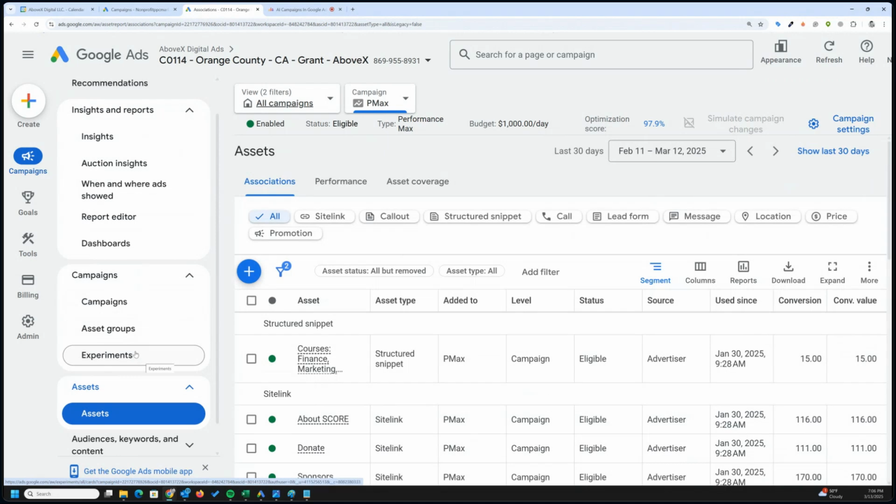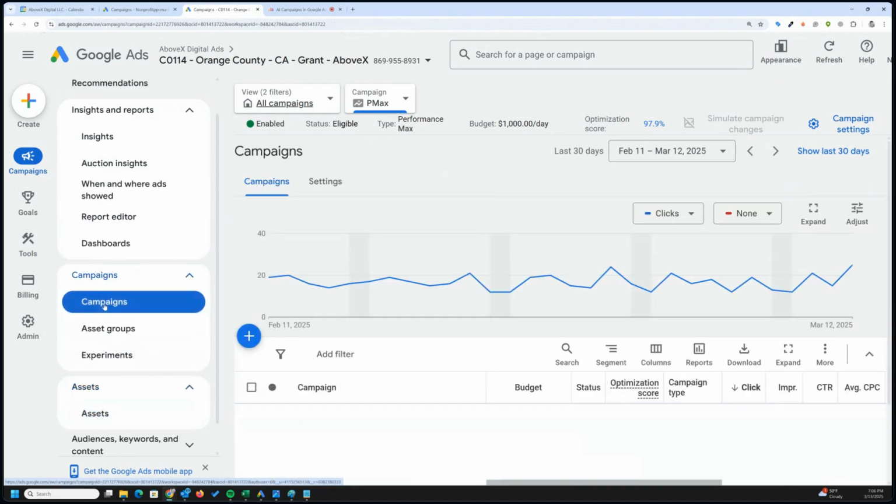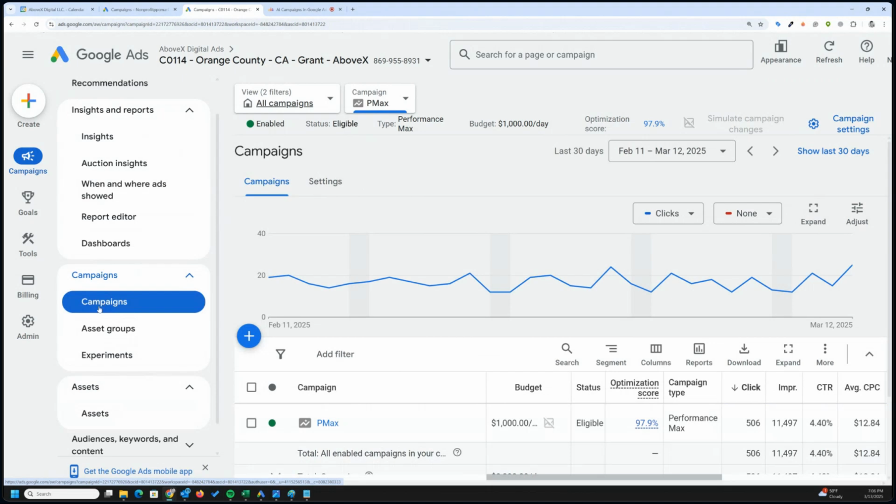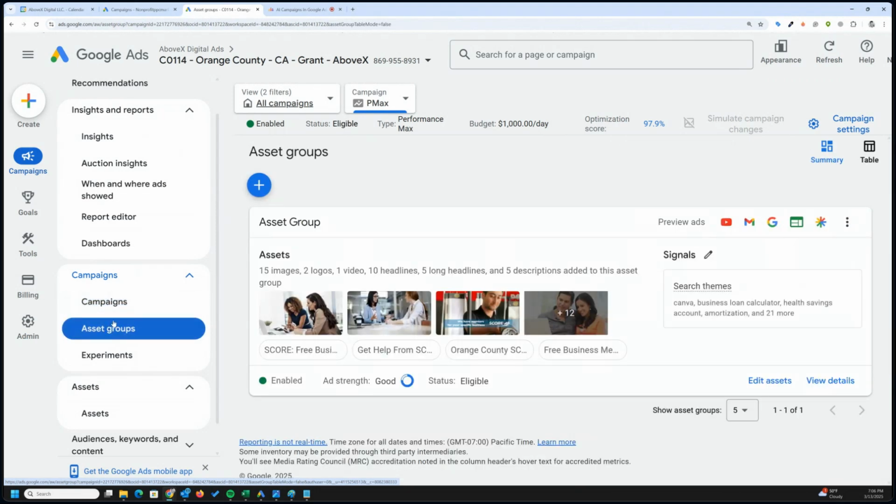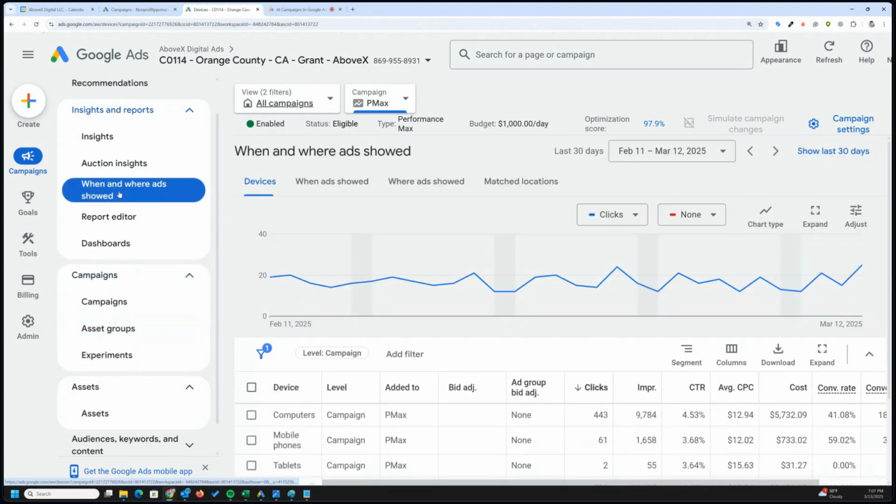Coming back to what I said in the presentation, the reporting and control capabilities here are sort of limited. What you can really optimize are the assets. You can add different asset groups. You can then play around with the signals, right? But again, that's just the guidance, so it's not a complete control. But that way you could fine tune the campaign, but you don't see the keywords. You cannot add negative keywords, right? You don't see the placements here. So the control options are somewhat limited, but